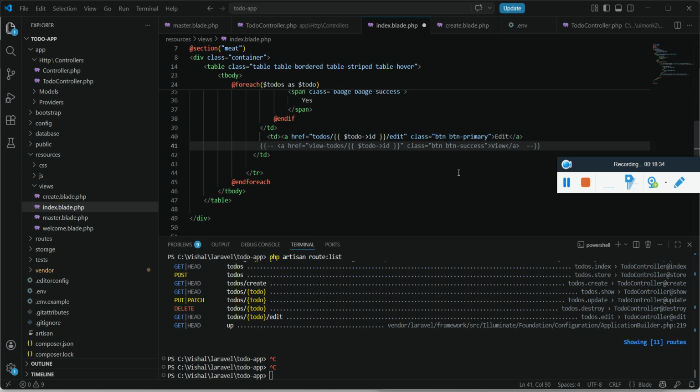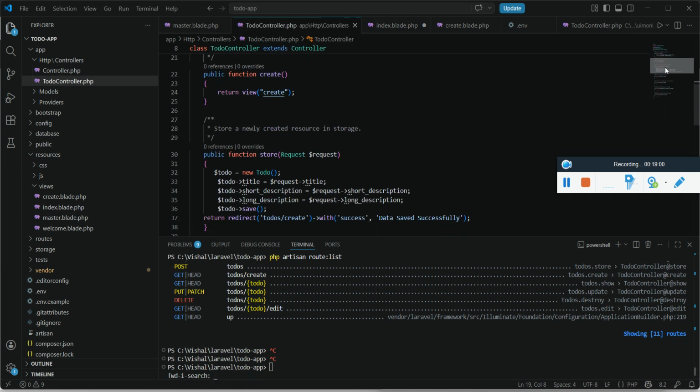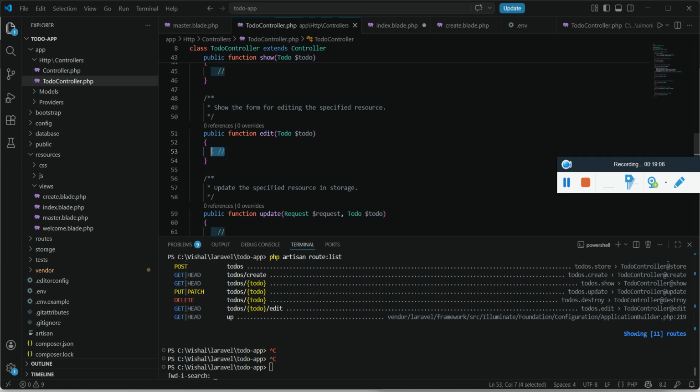So we don't get this. Over here you see we are passing an anchor tag with the text edit, and over here we are passing the ID, because this edit function accepts the URL, the ID, and the edit text. Now the function that is responsible is edit. We need to get into edit, and since we already have this to do, it will automatically check whether the value is,